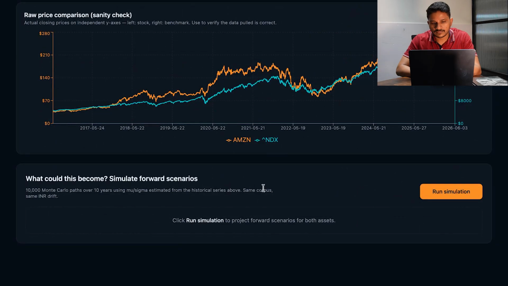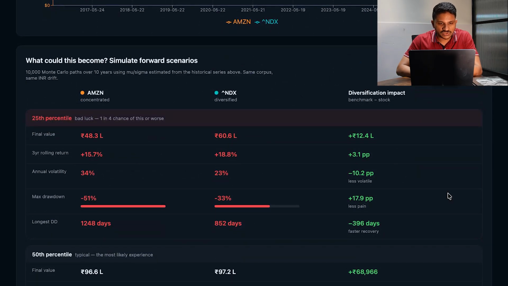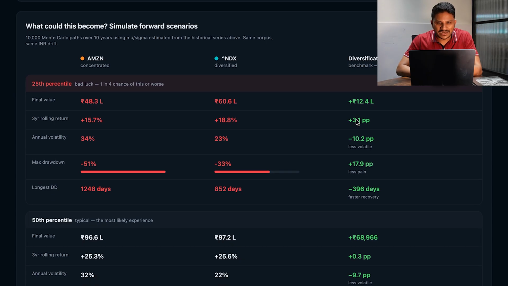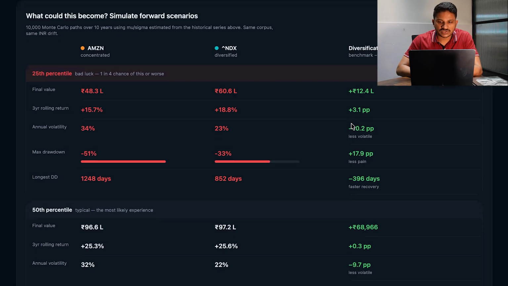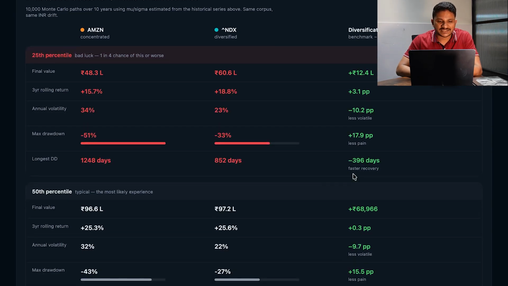And we've looked at the historical basis now. Now let's look at the forward scenarios as well. And here I ran the simulation again, the 10,000 simulations. And here you see in the worst case scenario, the index did well, NASDAQ 100 did pretty well. 12.4 lakhs in value and also a 3 percentage points improvement in 3-year rolling return, much lesser volatility, much lesser max drawdown, so less pain, and also the recovery seems to be much faster with NASDAQ 100 compared to